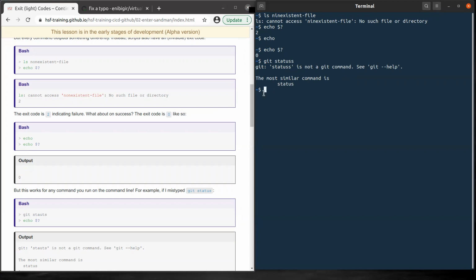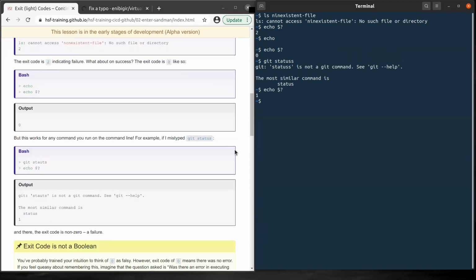There's a suggestion here. Now let's check the exit code first. Now you can see it is 1.